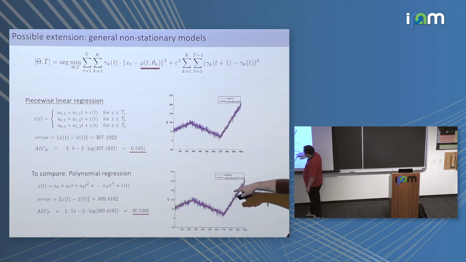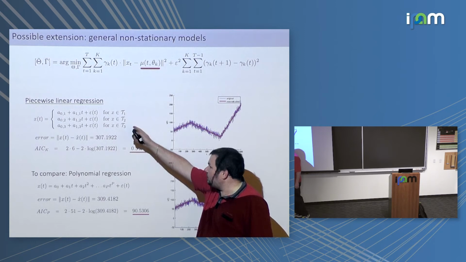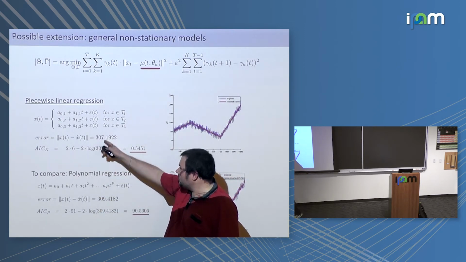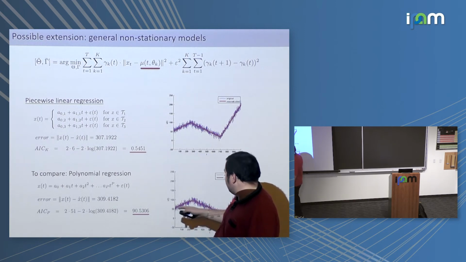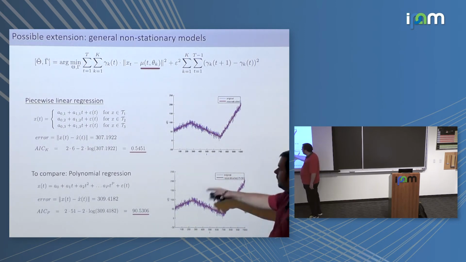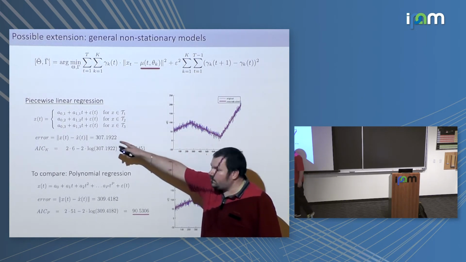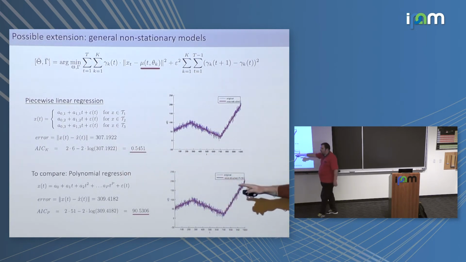And here is a comparison: if you use polynomial regression instead of this approach, then to obtain a similar reconstruction error, you need a polynomial of degree 50. But in this case, you have 3 regimes, and on each regime, you have a linear function. So,